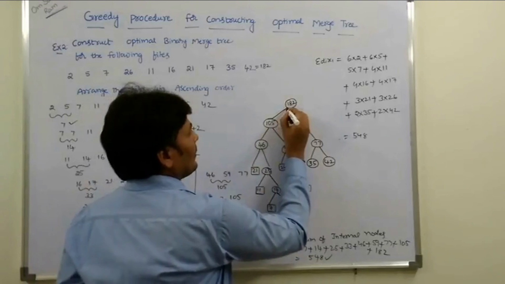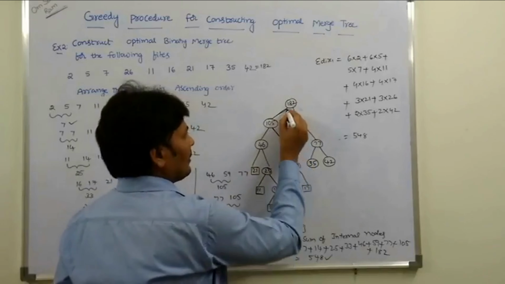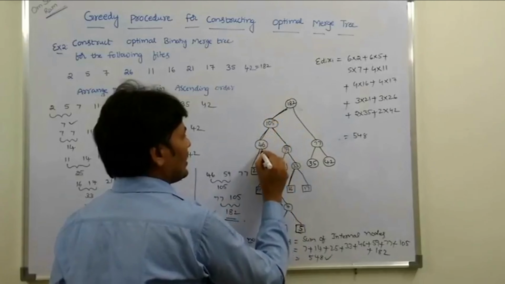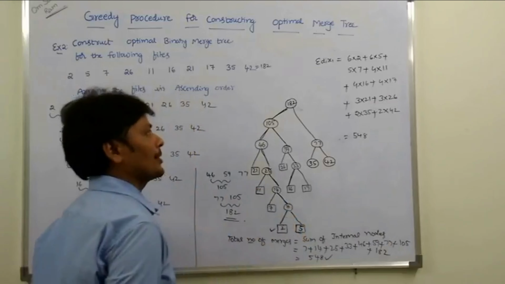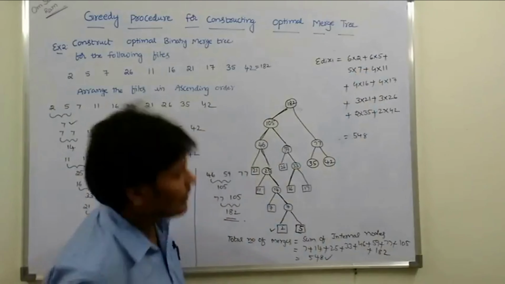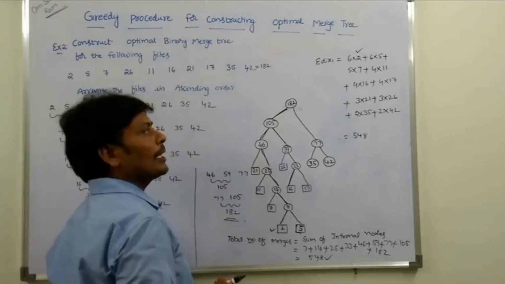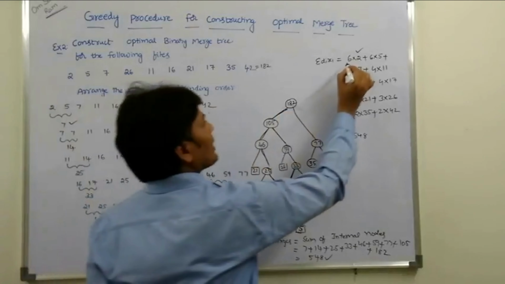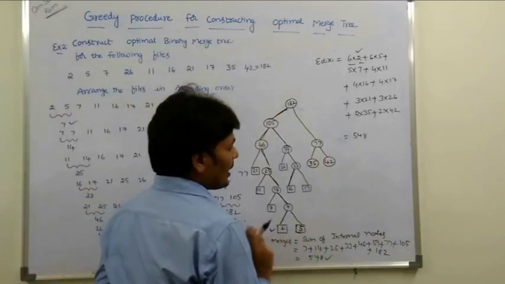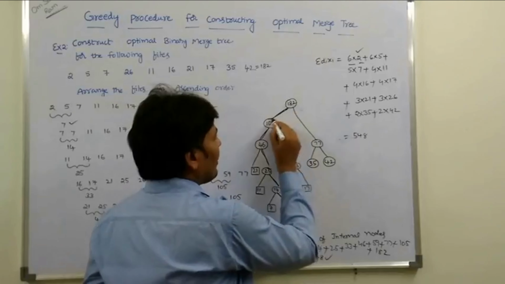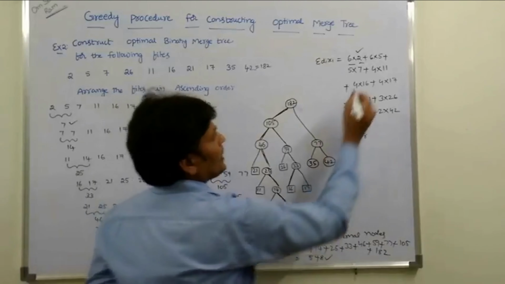So this is first edge, second edge, third edge, fourth edge, fifth edge, sixth edge. So that is 6 into 2. So 6 is the number of edges to be traveled, the distance from the root node to the leaf node, and the leaf node is 2, plus the next leaf node is 5. So the distance is 1, 2, 3, 4, 5, 6. So 6 into 5